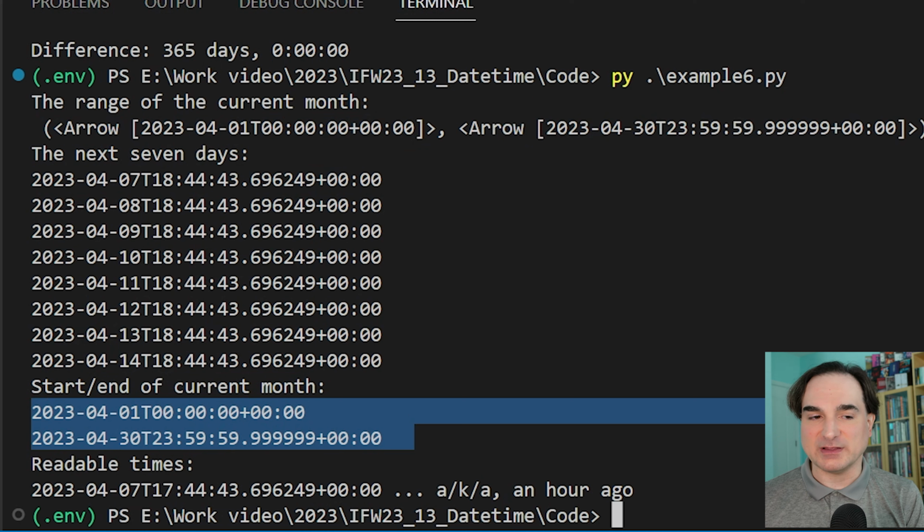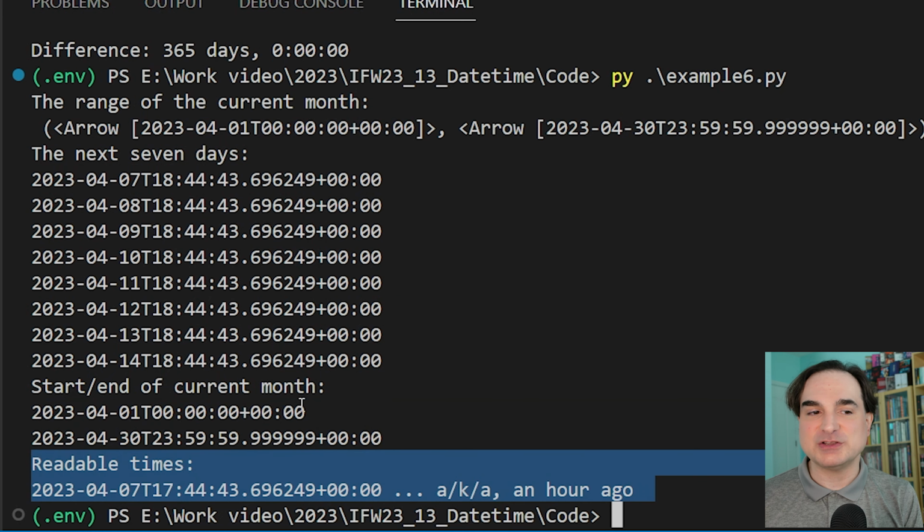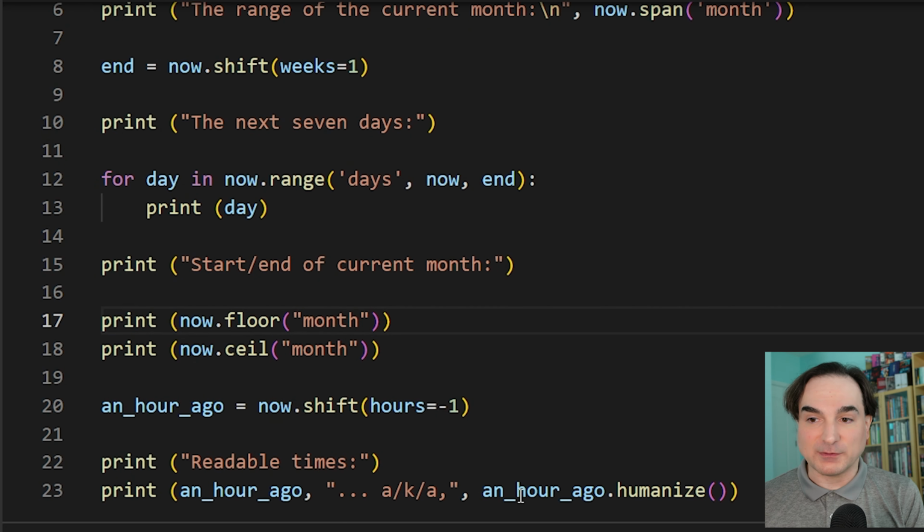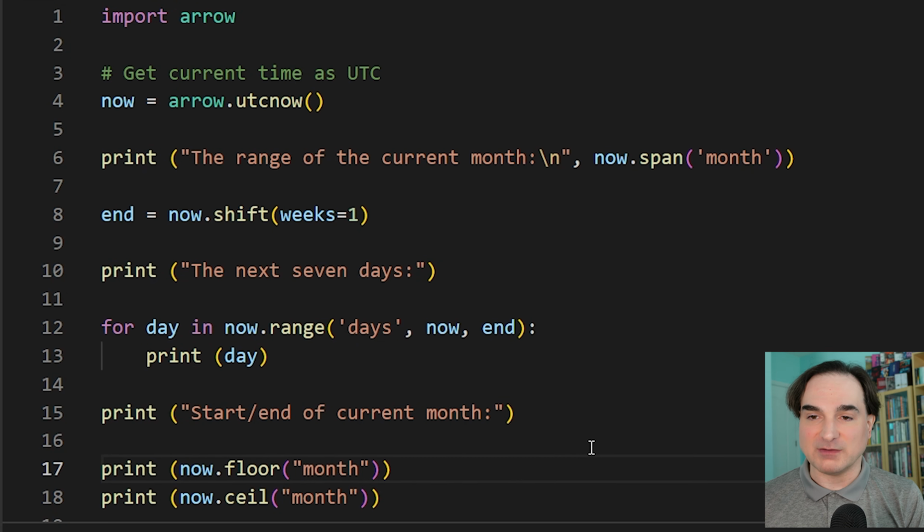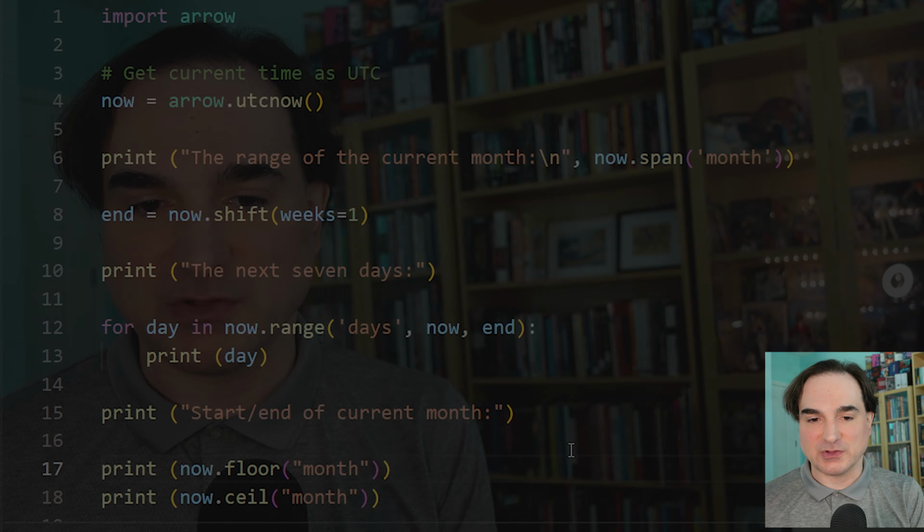It also provides handy ways to work with time zones, and it has functions for humanizing dates and times or making them casually readable. So if Arrow is so great, you're wondering, why not just use it for everything? Well, for one, datetime is a standard library offering, so it's everywhere, it's well understood, it's well supported, even if it does have these kooky quirks we've been talking about. It's also not trivial to move an existing program from datetime to Arrow. So the best place to start using Arrow is in a new project where you don't have any legacy considerations. That said, if you're trying to hand-roll a lot of what Arrow offers you, like working with ranges of times or dates, and those can be tricky, the migration may well be worth it in the long run.